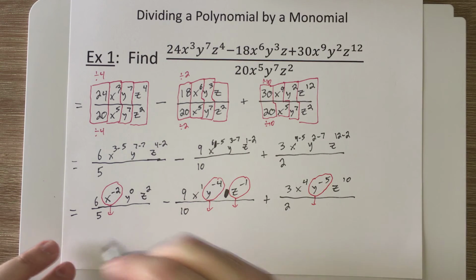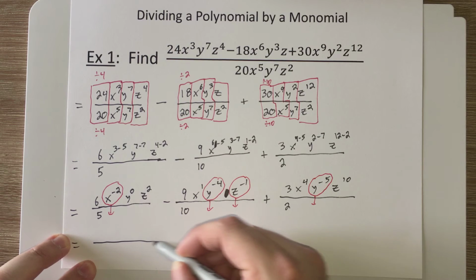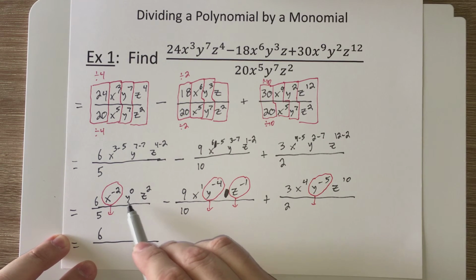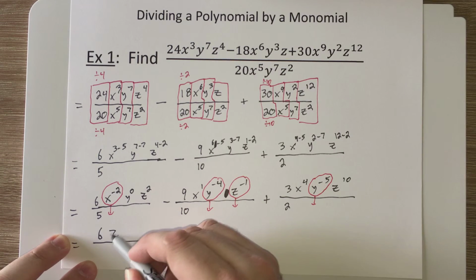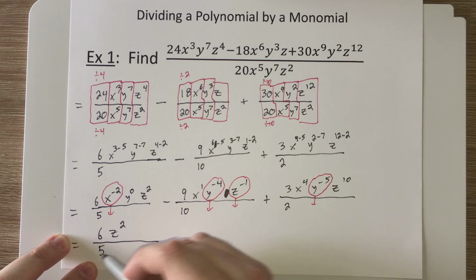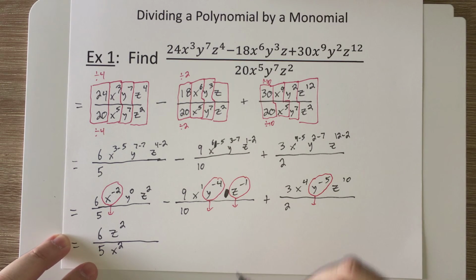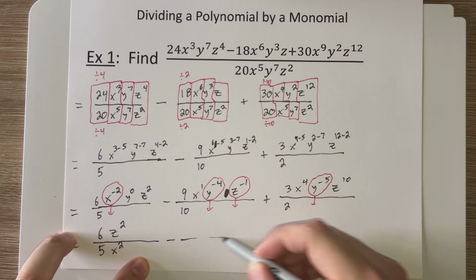All right, now, so for the final answer, let's see what we have here. So the 6 stays on top. This goes to the bottom. I'll write in a minute. That disappears, so you just have z squared left on top. On the bottom you have 5x squared. Okay, y to the 0, don't have to write that one down. Okay, then minus over here, oops,